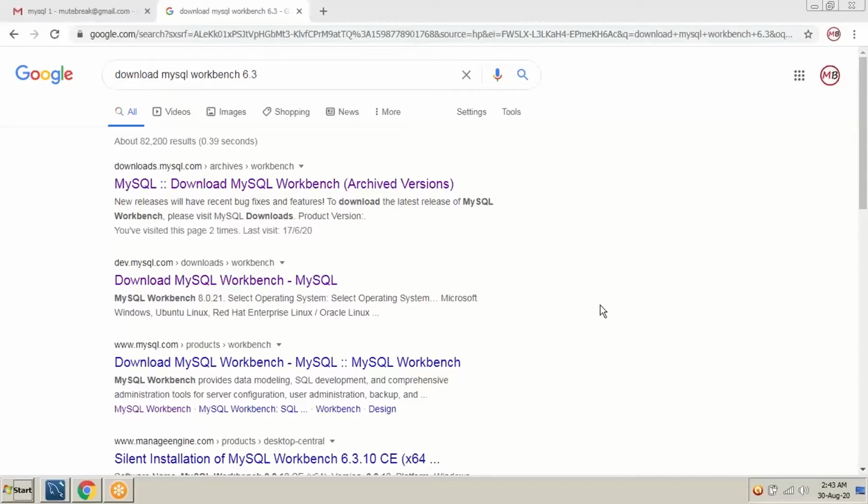But for a .NET developer, we don't need the WAMP server in our system. We have IIS already. It's also a server where we host our developed application in .NET. But how do we use MySQL outside the WAMP server?